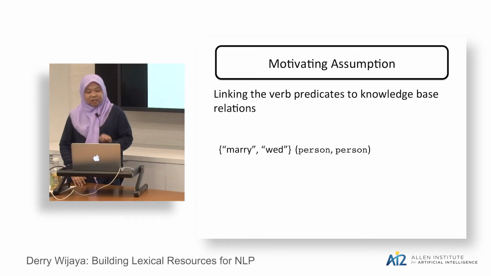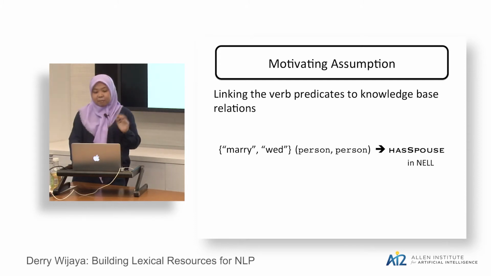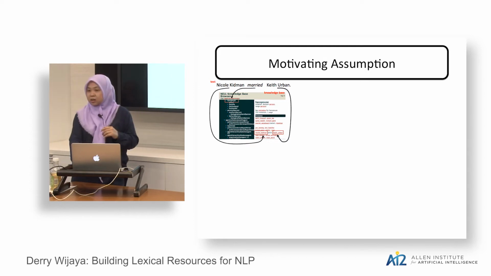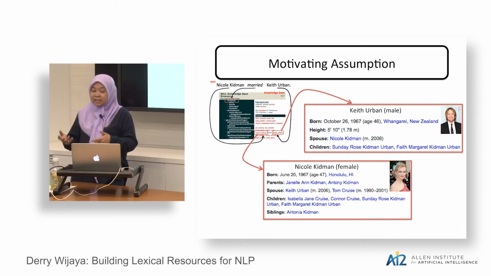And so I also believe in linking these verb predicates to knowledge bases, because, for example, by linking these type verbs, we call it type because it has a type of the subject and object entity, to a knowledge base such as NELL, which we developed at CMU, we can tap into more information about the relations that the verbs express and the entities that the subject and the object noun phrases refer to. And having access to this extra information that is not otherwise expressed in text can help us do inferences that can help us disambiguate the meaning of the sentence, for example.